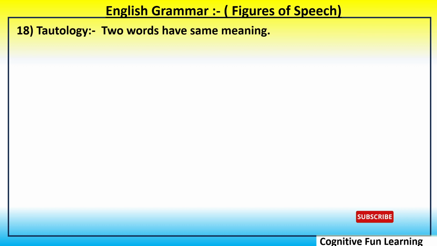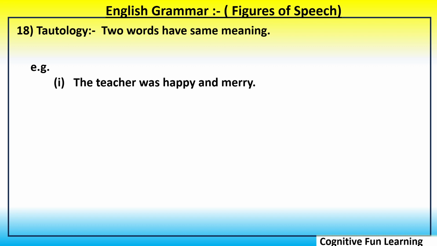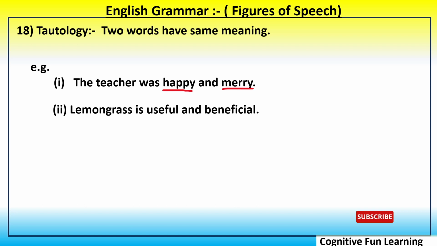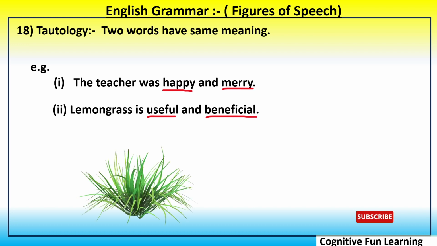Next figure of speech is tautology. Two words have the same meaning. For example, the teacher was happy and merry. So here, happy and merry have the same meaning. Next one is lemongrass is useful and beneficial. So useful and beneficial have the same meaning. So this is an example of